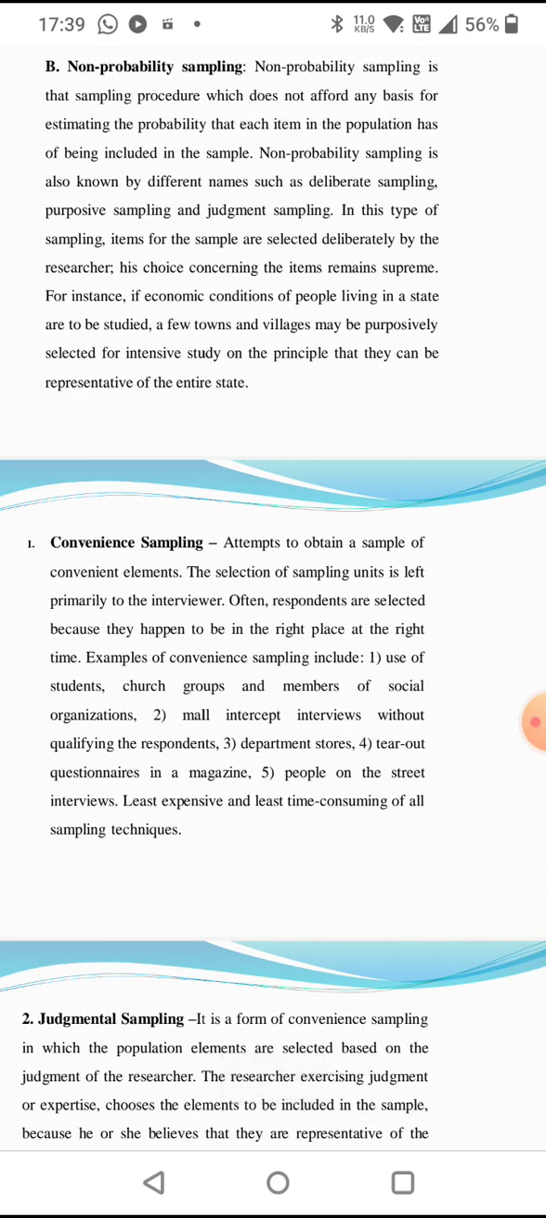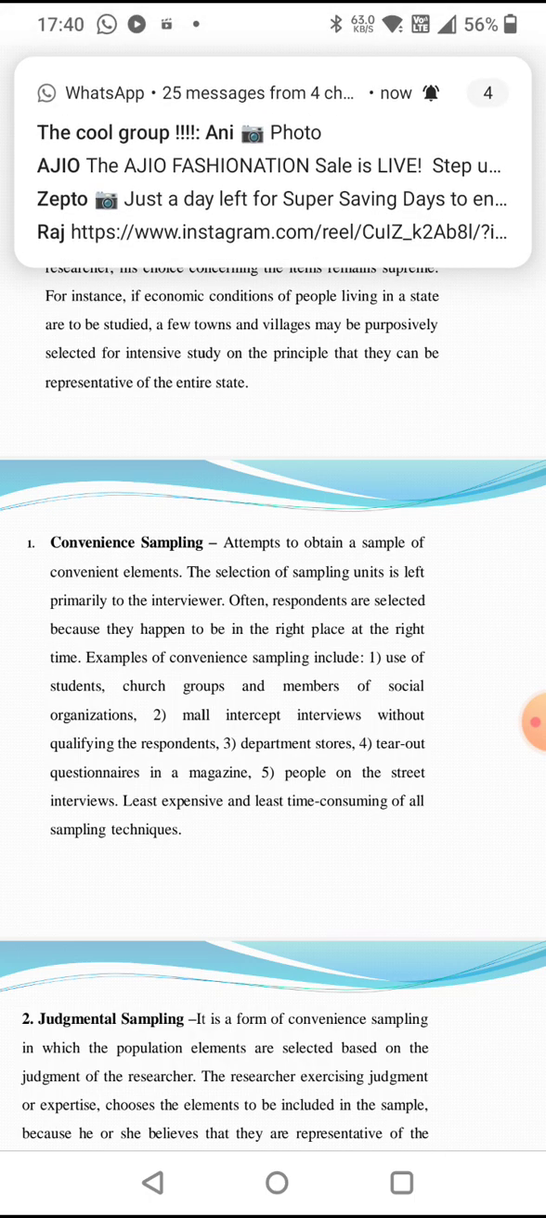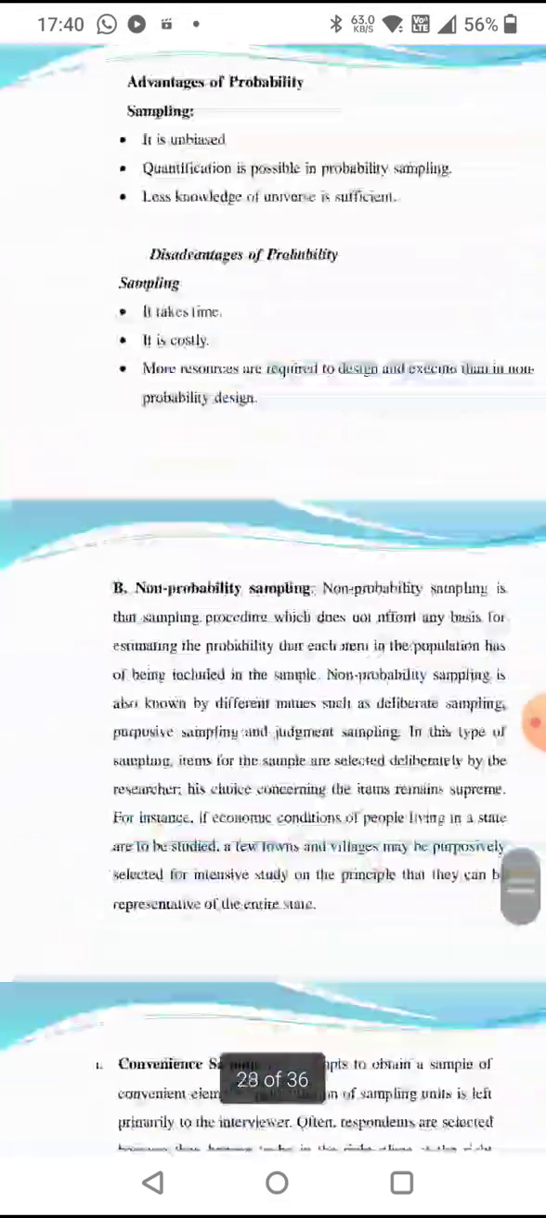Coming to convenience sampling. It attempts to obtain a sample of convenient elements. The selection of sampling units is left primarily to the interviewer. Often respondents are selected because they happen to be in the right place at the right time. And examples of convenience sampling are